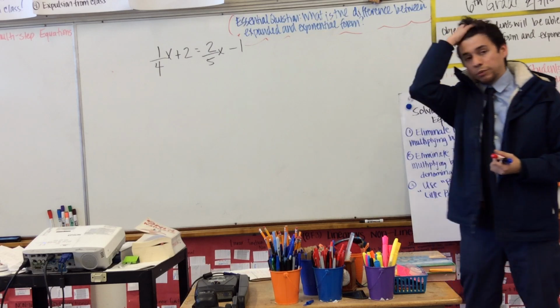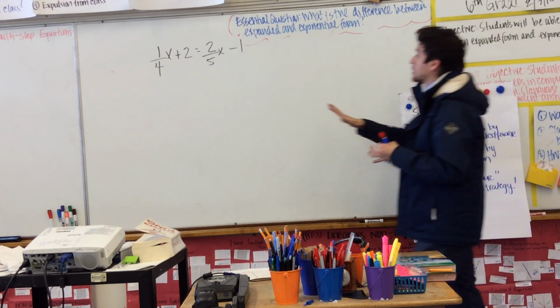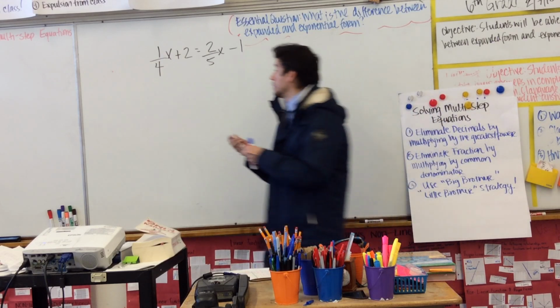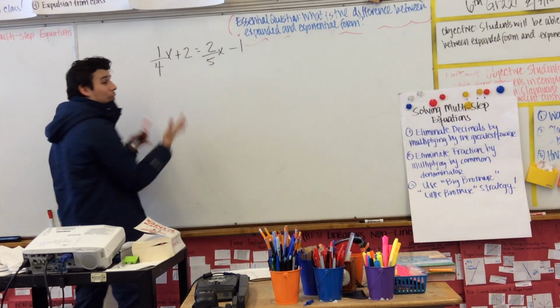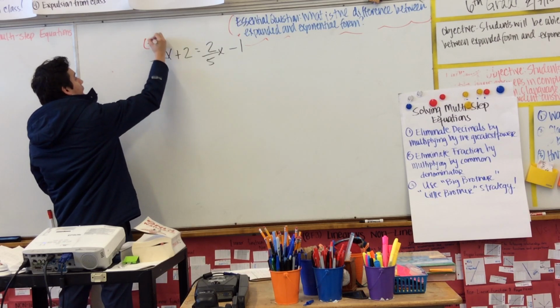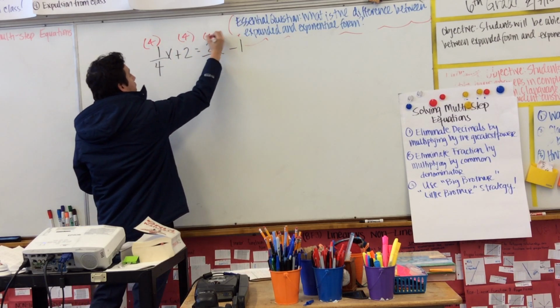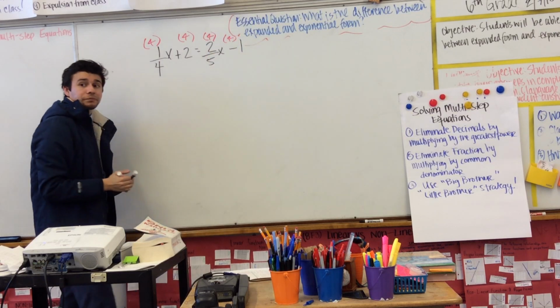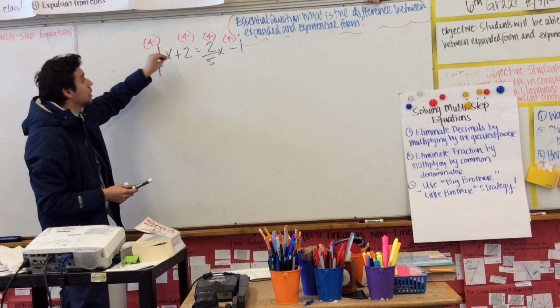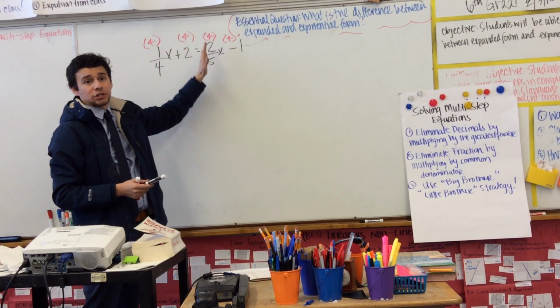Now, yesterday, what we learned was if we have the same denominator, we multiply all the terms by the same denominator. Well, in this case, you don't have the same denominator. Don't copy this down. Some people today in class were like, well, I can multiply all of these by 4. Yes, you could cancel out this fraction right here, but you won't be able to cancel this fraction right there,